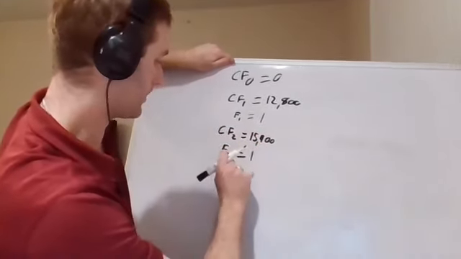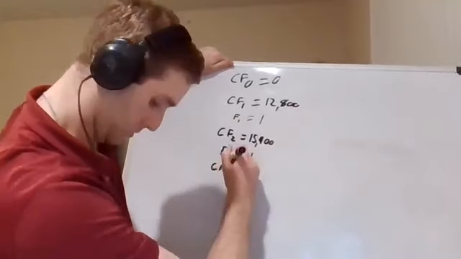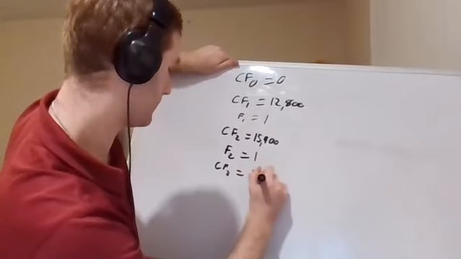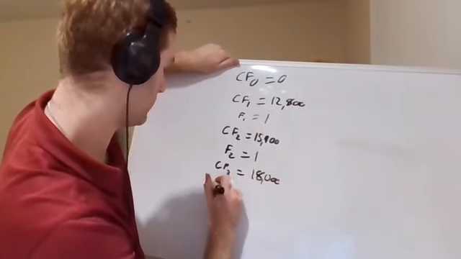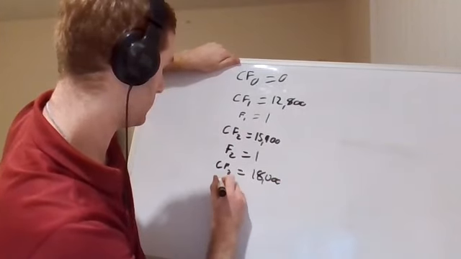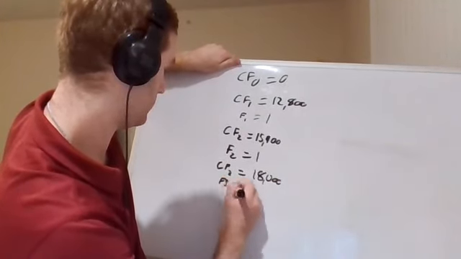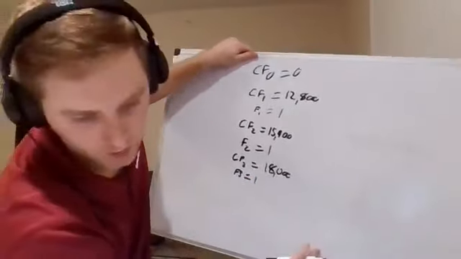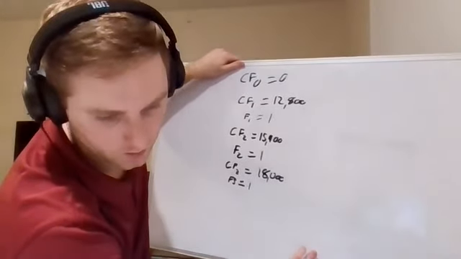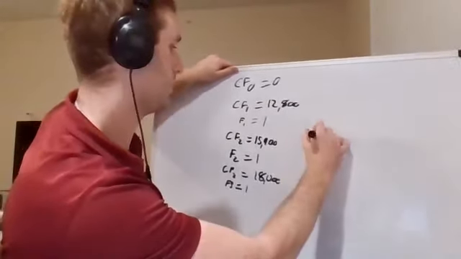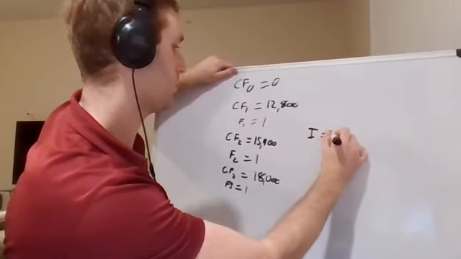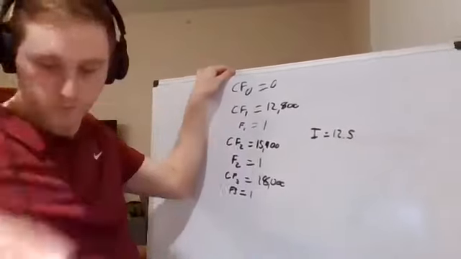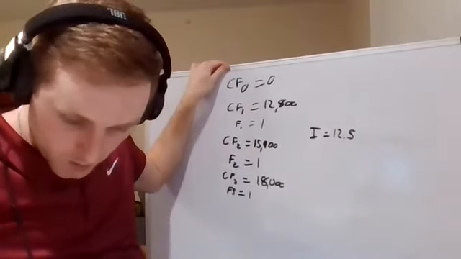F2 again will equal 1. That's our frequency. Cash flow 3 will equal 18,000, with F3 equal to 1. And then we've got an interest rate of 12.5%, I equals 12.5. So what you do is after you hit enter here, and we'll go through it, cash flow,